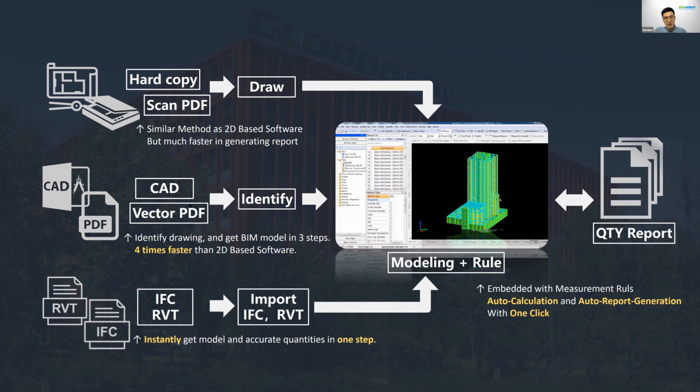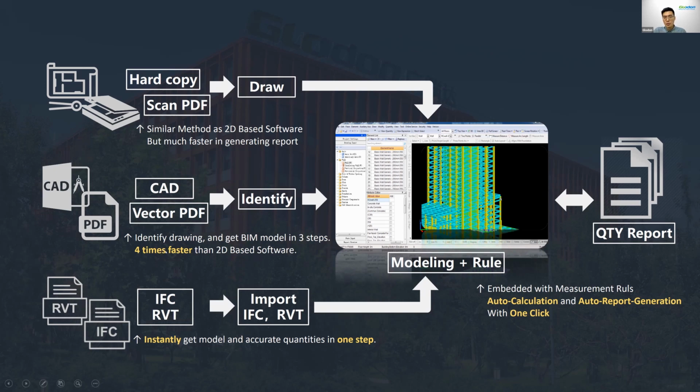But most of the time, it's a CAD drawing, which is a DWG file or vector PDF. This is what I mentioned, the identify method. The software, a BIM software, can actually identify the drawing layers and generate a 2D model, a 3D model for you. So it's a process of turning 2D into 3D in a very easy way. So compared with the traditional method, it can be